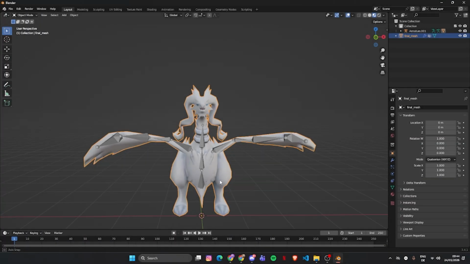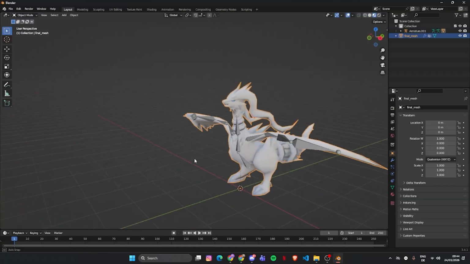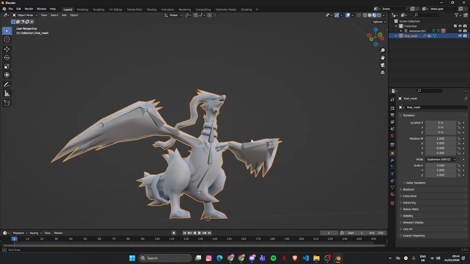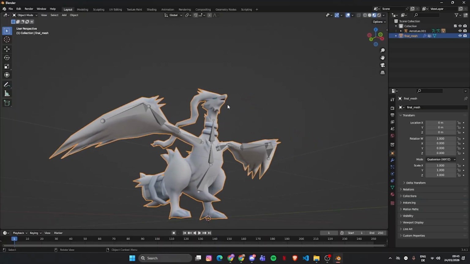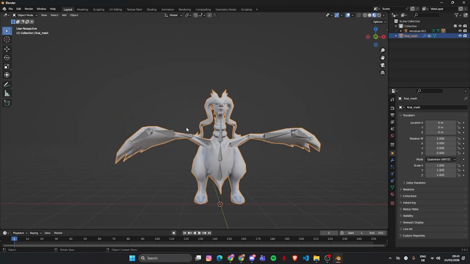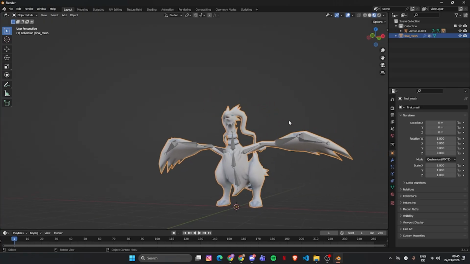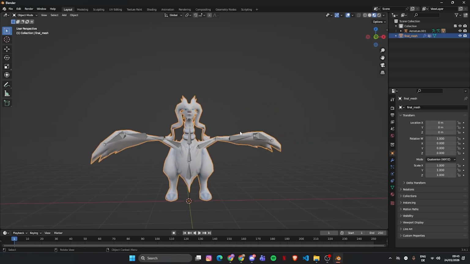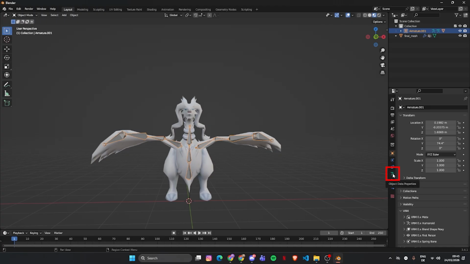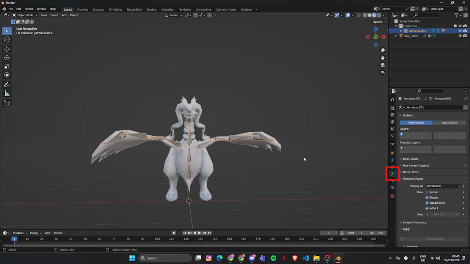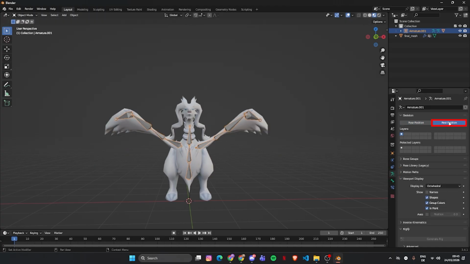So now that we have everything, we've added the bones, we've done the automatic rigging, and then we've done a little bit of weight painting, whether better or worse work, it doesn't really matter. Let's just kind of ignore the poor weight painting work that I did over there. Once all of that's done, you're still going to come across a problem, and it's if you pose your character, it's not gonna export as the pose that you posed it in. Let me clarify. If you click here the armature, and here under the armature tab, click on rest pose, your character is automatically gonna export in this rest position.